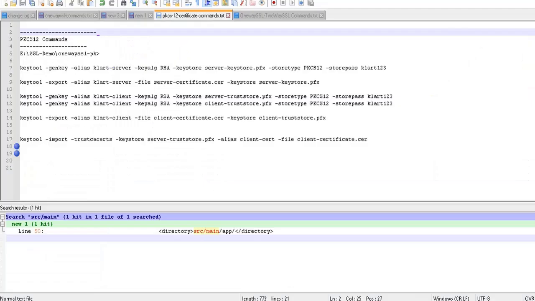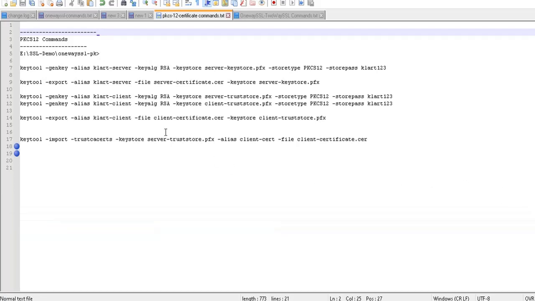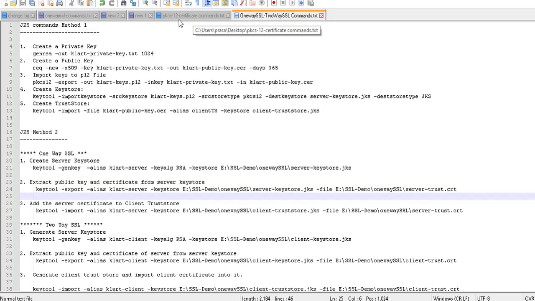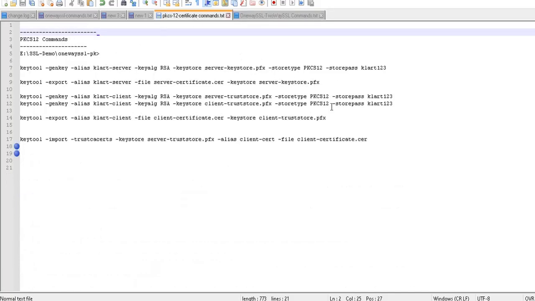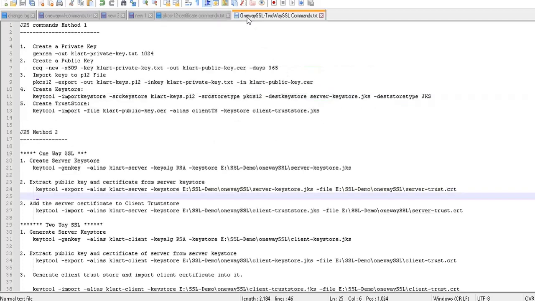I'll show you a couple of commands by which we can generate the key store, trust store, public key, and private key. We have two different types of key stores and trust stores. One is JKS files, and another one is PKCS12. Nowadays PKCS12 files are the preferred ones as per industry standards, but it depends on your project requirement or your client requirement.